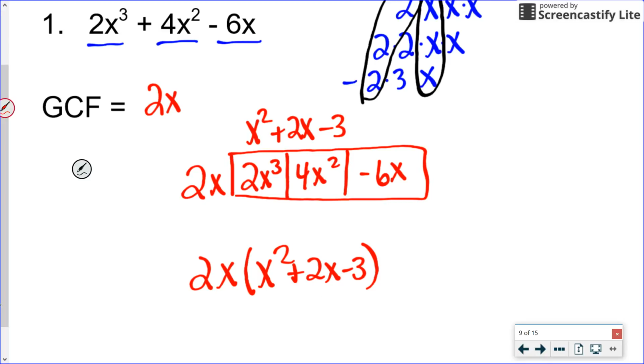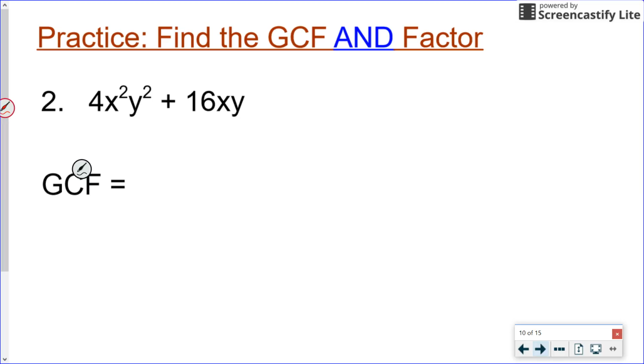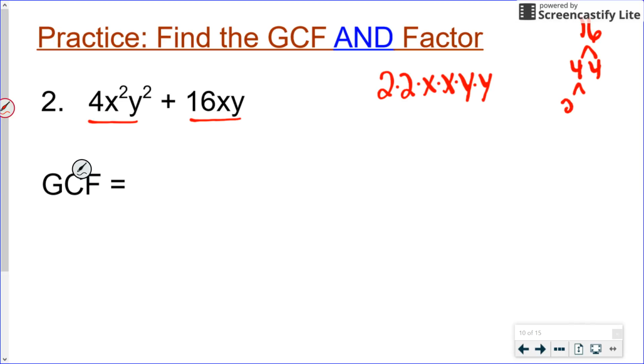All right, number 2. Again, we're going to start with finding the GCF. So let's look at the first guy. My factors of 4 are 2 times 2. And then I've got x times x, y times y. For my second term, I'm looking for factors of 16. Let me put it up here. So 16 would be 4 and 4. That breaks down to 2 and 2, 2 and 2. So we've got 2 times 2